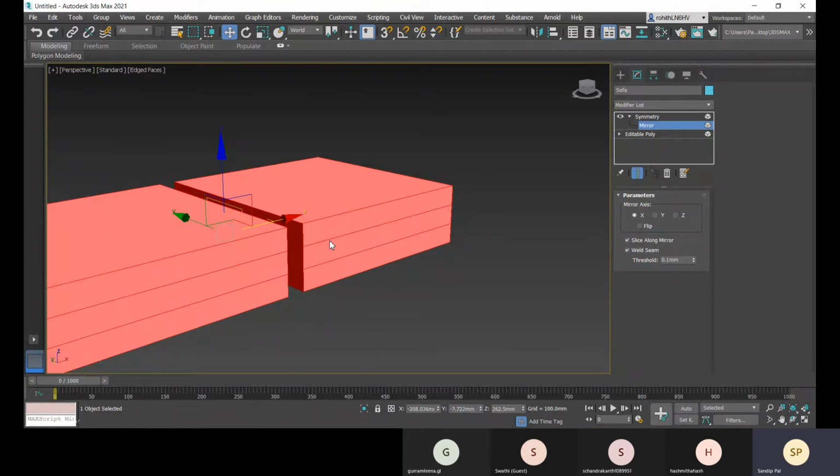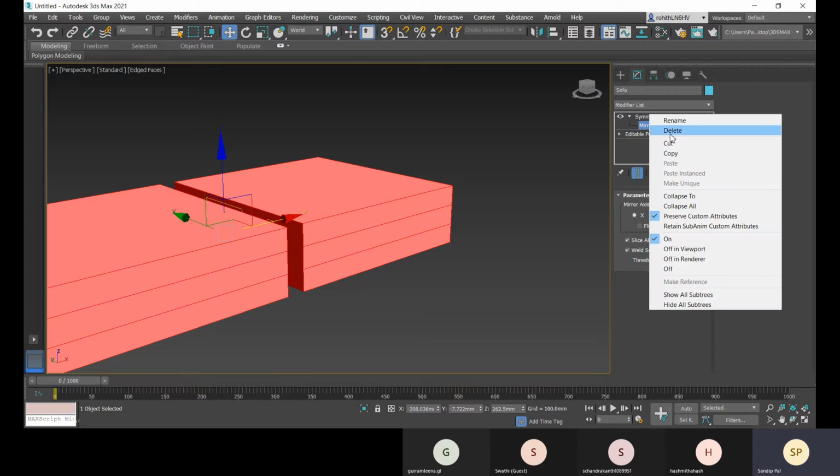So there are more chances of errors, and I'm minimizing that, you can say the chances are zero. Whatever you do to this left side will be reflected to the opposite side. So that I'm doing with this mirror option.